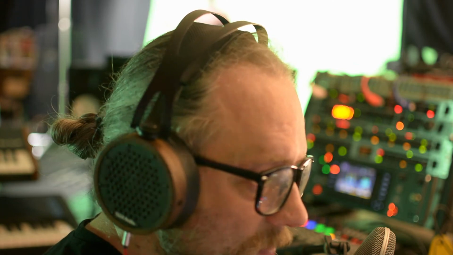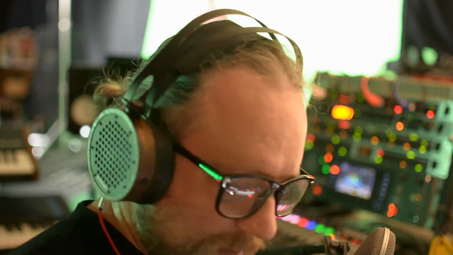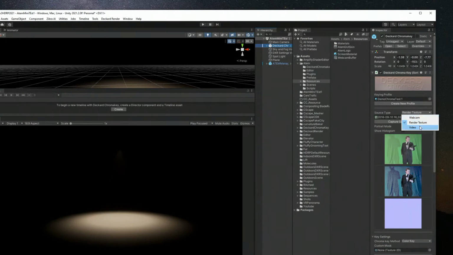Add this one. Wait a second, I'm not showing. I said that this uses a render texture, and I will just assign this render buffer,